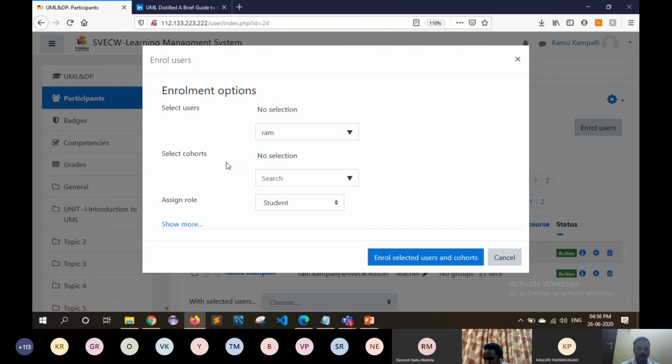After this, these batches can be organized department wise. So 2018 batch in all the departments, 2017 batch in all the departments, 2016 batch in all the departments, like this.